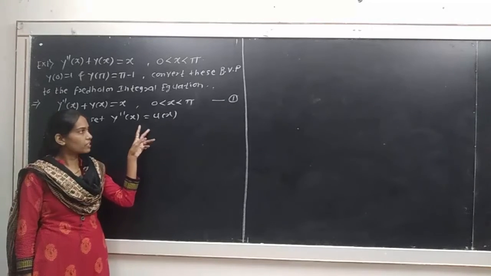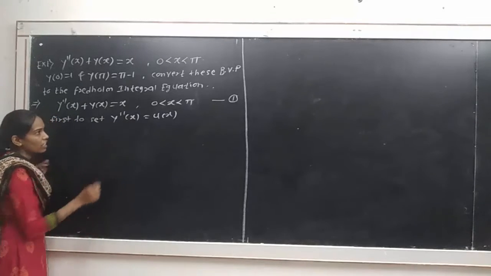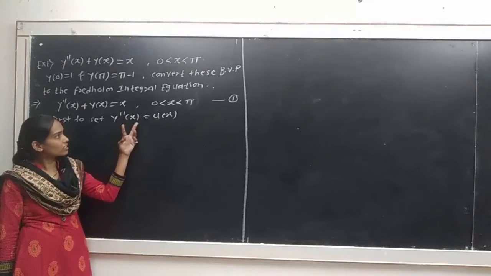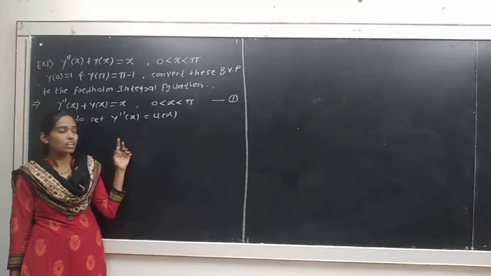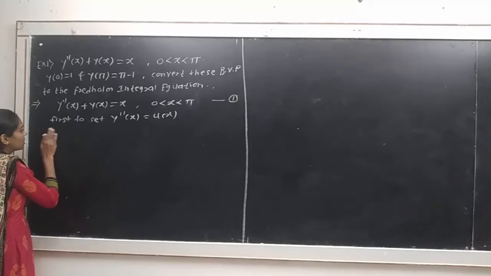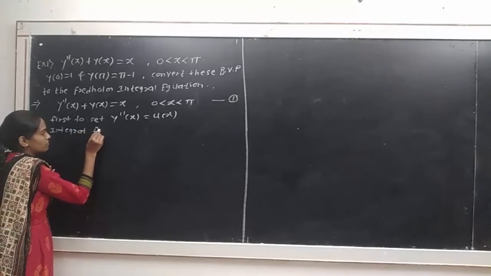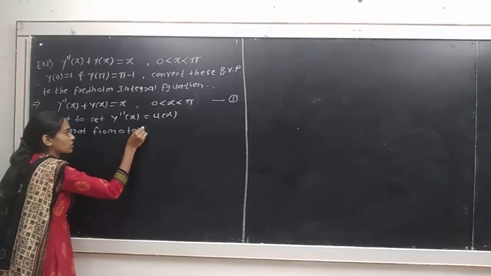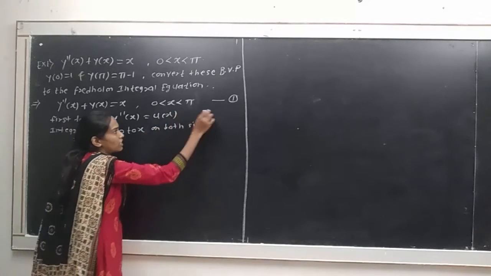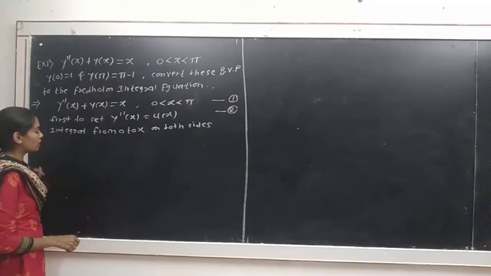This is the same method as for converting an initial value problem to the Volterra integral equation. Then we take integration of this equation up to converting this equation to the Fredholm integral equation. Then integrate from 0 to x on both sides and take it as equation number 2, because we have to use this value for putting in the given boundary